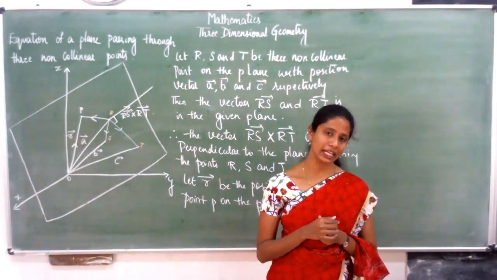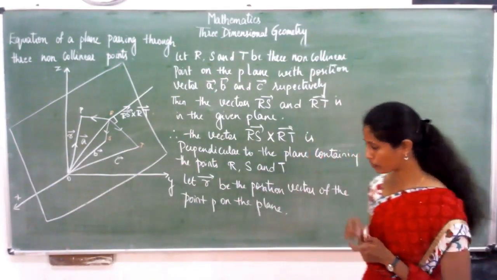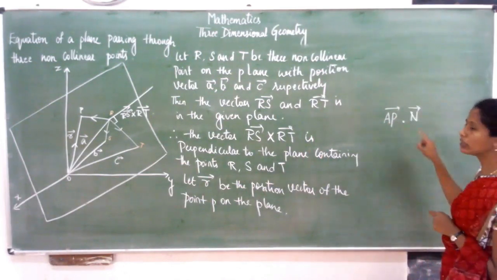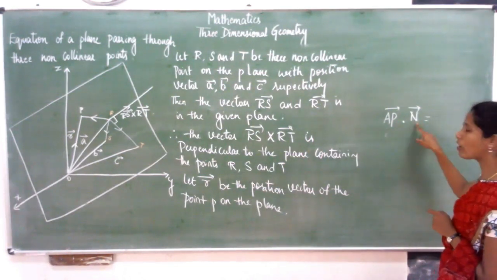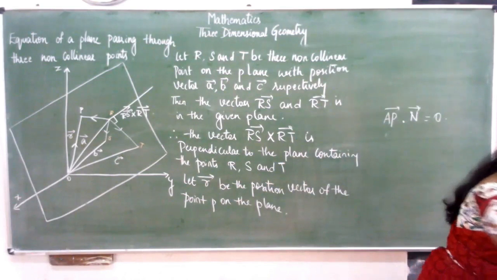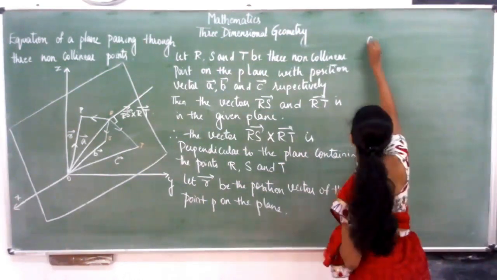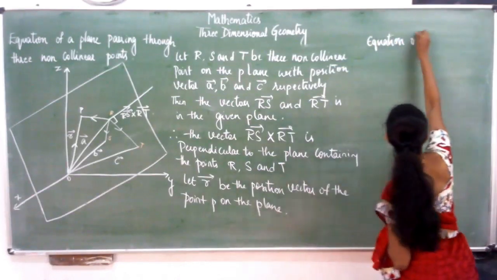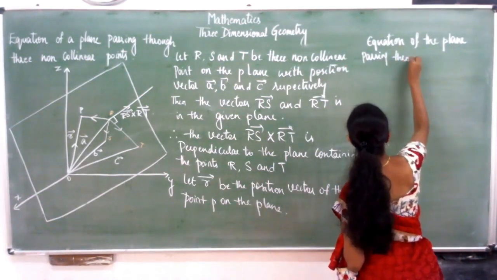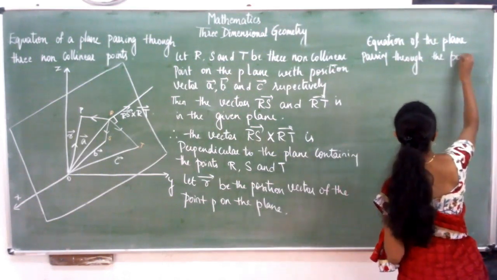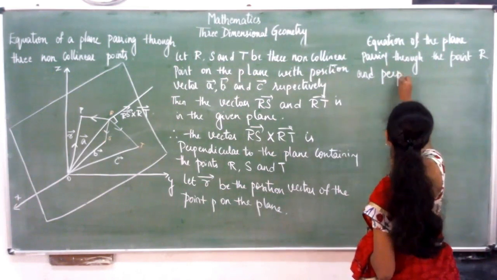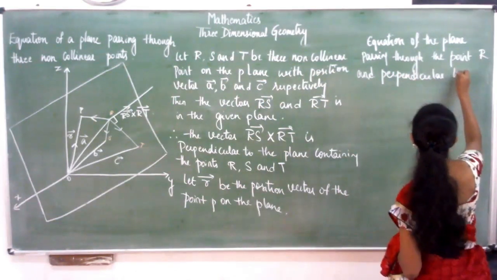That is the equation of the plane passing through a given point and perpendicular to a vector. If you remember, we have derived the equation of the plane passing through a point A and perpendicular to the vector n, and we got the equation as vector AP dot vector n is equal to 0. We are going to use this in order to find the equation of the plane passing through 3 non-collinear points. Therefore the equation of the plane passing through the point R and perpendicular to the vector